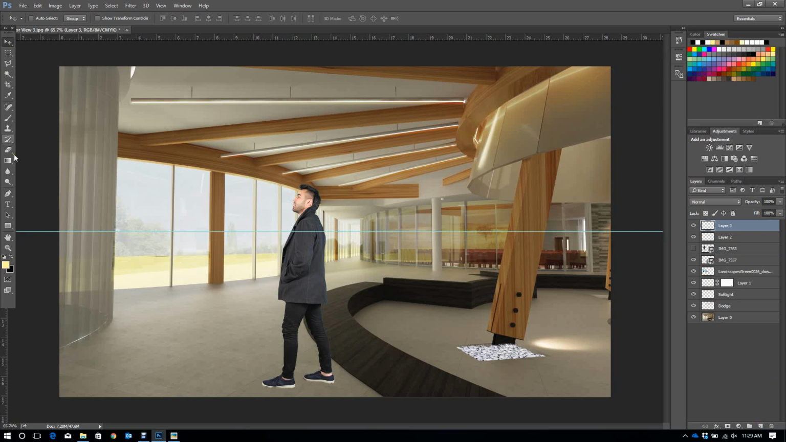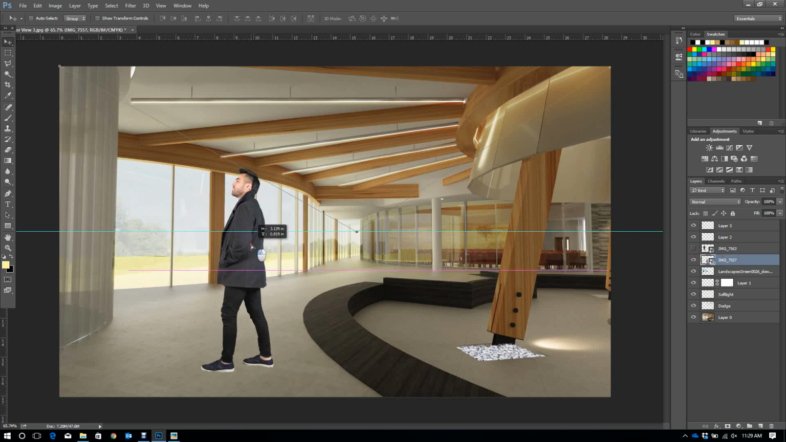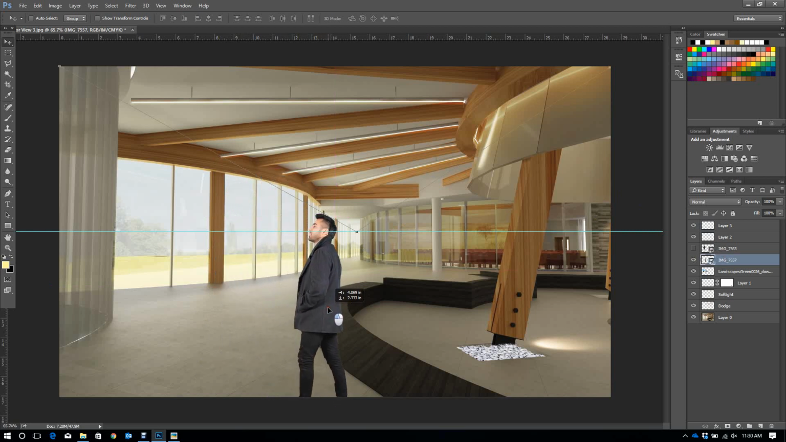Draw another line, from here to there to there. This is just a guide. If I placed Sumer anywhere in this render, his head has to be below that line. You see that? If I placed him there, that's good. If I placed him here, that's not good. It just means that I have to reduce